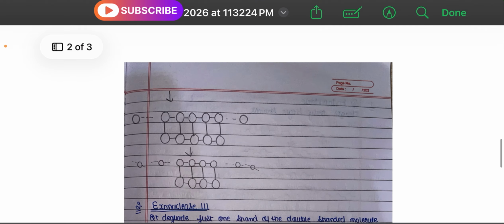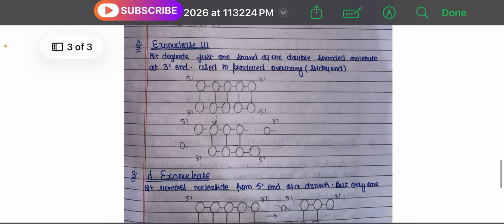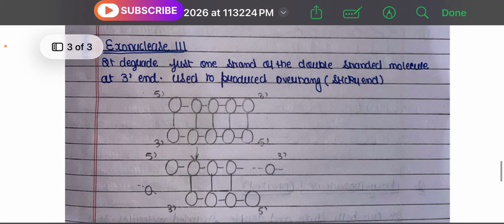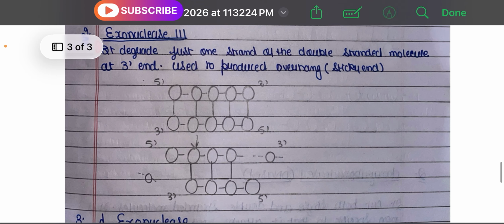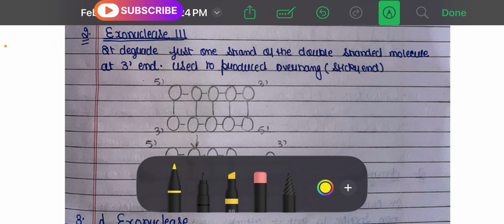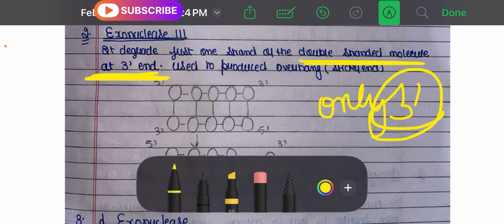Now the next type of the exonuclease enzyme is the exonuclease 3. So ये जो हमारा exonuclease 3 है ये क्या करेगा? ये सिर्फ और सिर्फ डबल स्ट्रैंडेड DNA मॉलिक्यूल को कट करेगा ओनली एट दी 3 प्राइम एंड. हमें पता है कि जो DNA का मॉलिक्यूल है उसके 2 प्राइम होते हैं, 5 प्राइम 3 प्राइम, 3 प्राइम टू 5 प्राइम. क्लियर? तो ये जो एक्सोन्यूक्लियस 3 है इट इज ओनली गोइंग टू कट एट दी 3 प्राइम